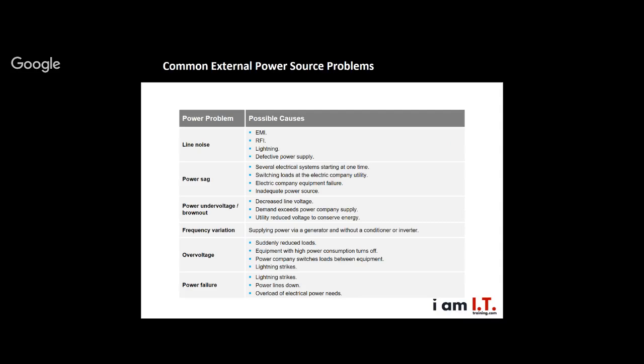So lightning, power surges, blackouts, we're familiar with those things. We've heard of them. We may have experienced all of those. But usually brownouts and sags are new for some people. And that's a decrease in power, but not a complete loss of power. So at any point, if you've ever seen the lights flicker, or for some reason the lights have dimmed for a little bit and then come back up to full brightness and nobody really understood why, you didn't lose power in the whole place, but you had a decrease in power. And we call that a sag or a brownout. And those can cause damage to your computer as well, which is why we use surge protectors or what we call a UPS, which is an